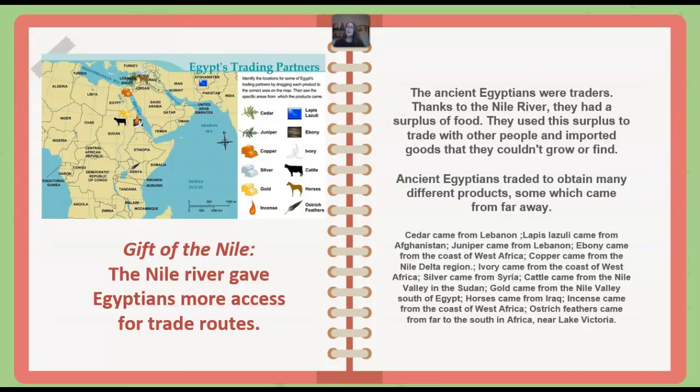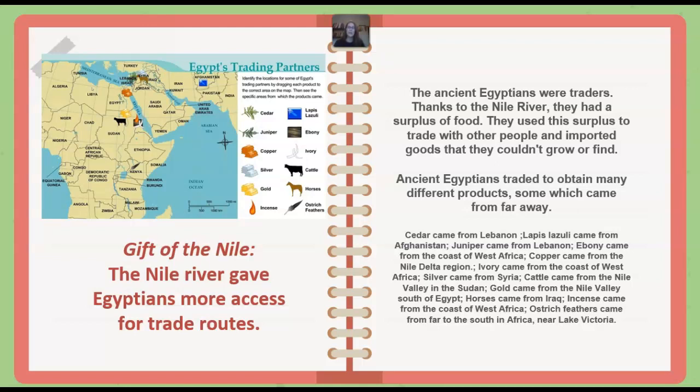Gift of the Nile. The Nile River gave Egyptians more access for trade routes. The ancient Egyptians were traders. Thanks to the Nile River, they had a surplus of food. They used this surplus to trade with other people and imported goods that they couldn't grow or find. And if you look at that map while I'm reading here, you can see the areas that they had and